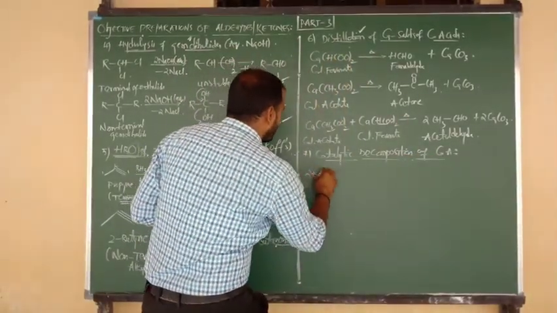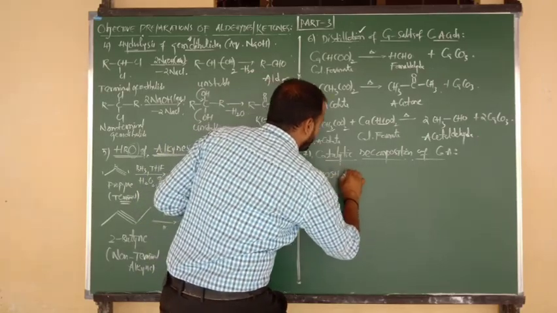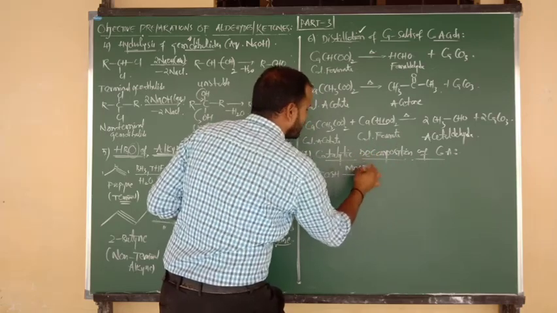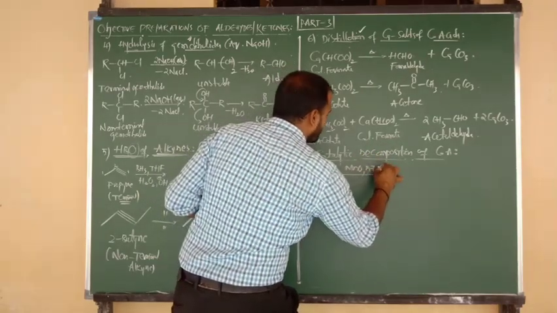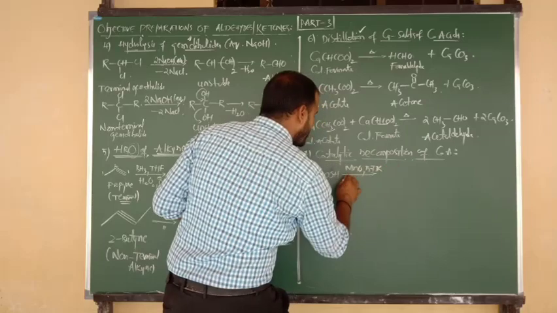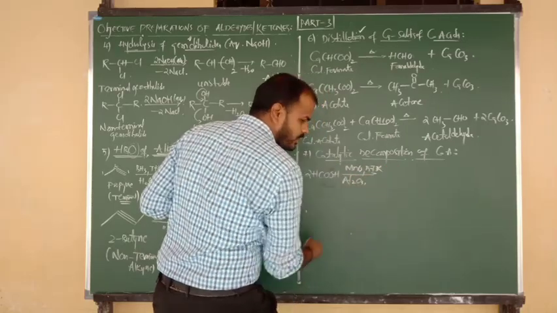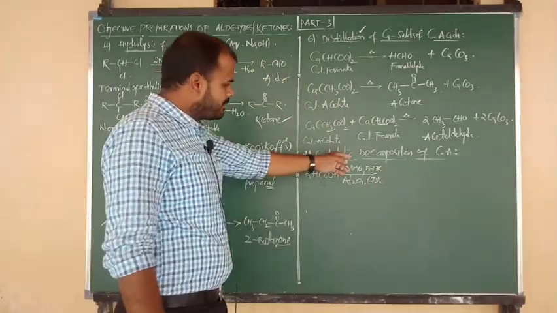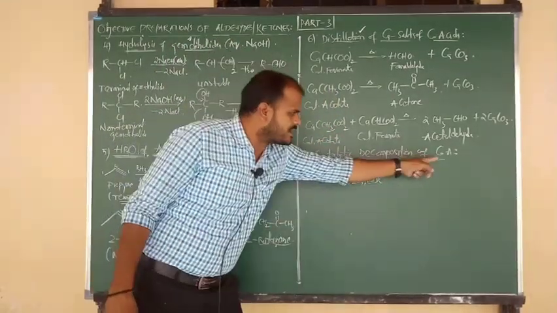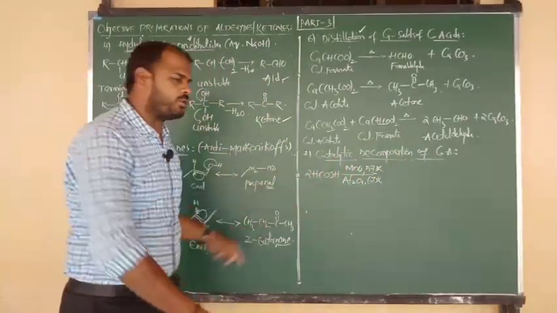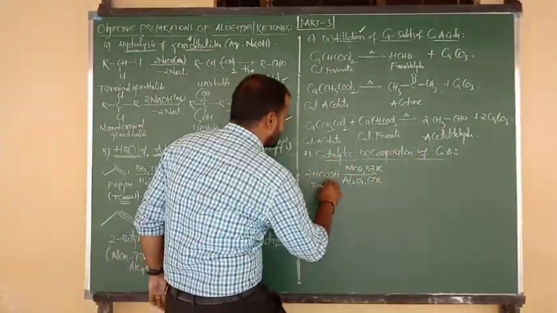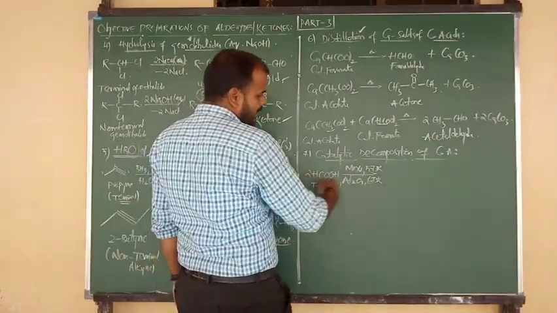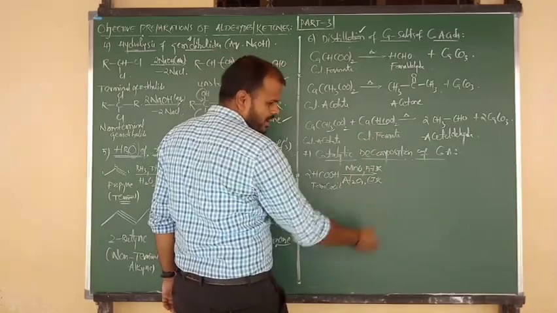So I want to consider 2 moles of formic acid, passing over the catalyst MnO, manganese oxide, using the temperature 573 Kelvin. Otherwise you can pass over alumina, Al2O3, using a suitable temperature of 673 Kelvin. In presence of such a suitable catalyst, carboxylic acids undergo decomposition. Formic acid, what does it undergo? Decomposition. Same thing. Formic acid, by passing over any one catalyst, undergoes decomposition.